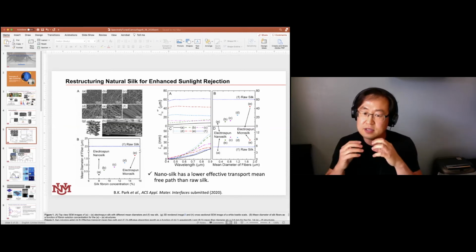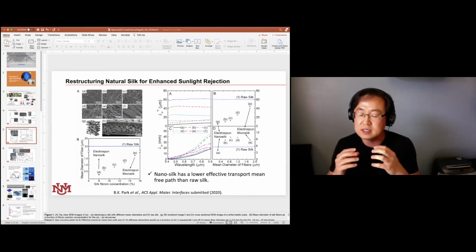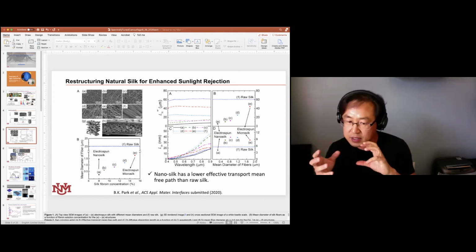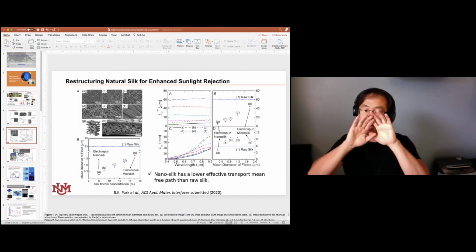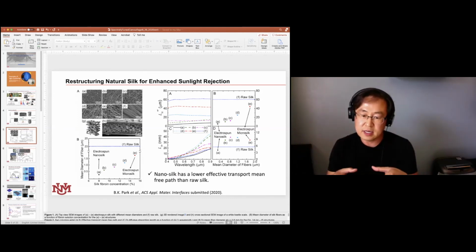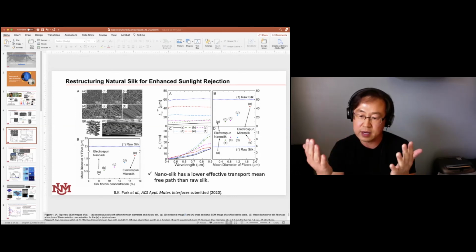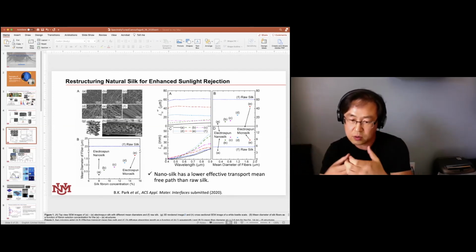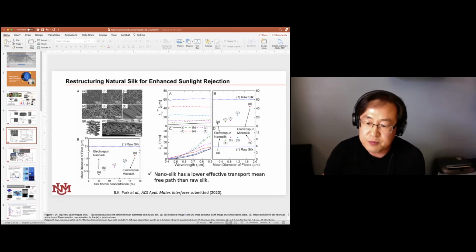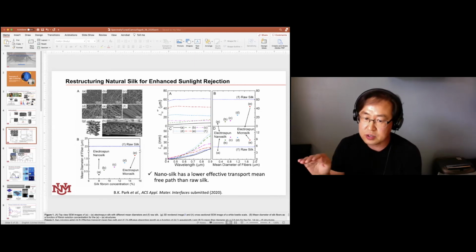But of course, that's fancy science, but we really wanted to translate that to something usable. So can we actually create something like this from silk or reconstituted silk? Silk has its own structure, where it has an outer layer of protein encapsulating two inside protein strands. What we do is we remove the outer layer and dissolve what's in the core, and then we reconstitute that into a fiber. And what we found out is that depending on the structure and diameter of the fabric that we create,